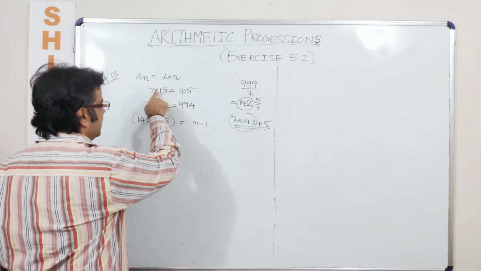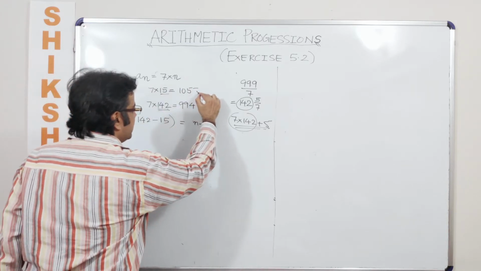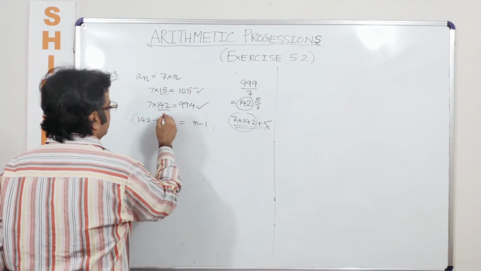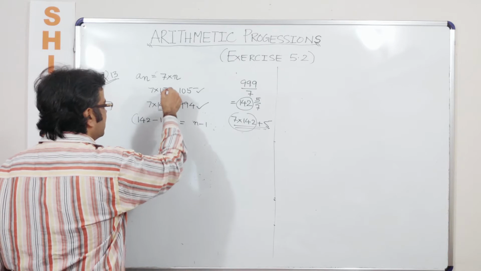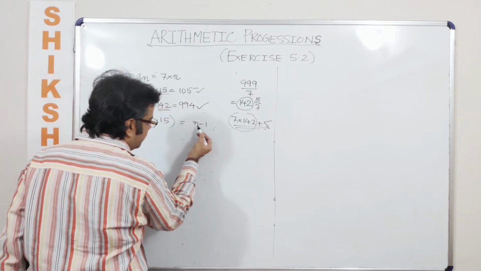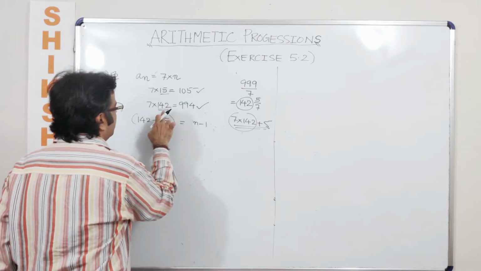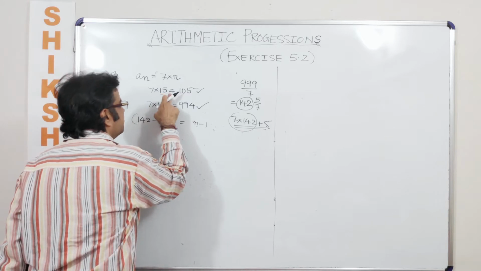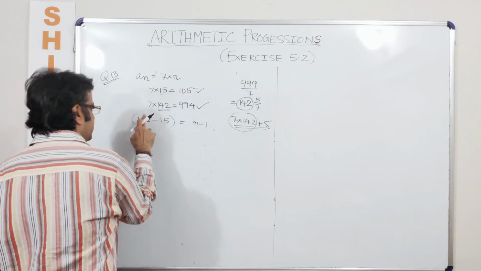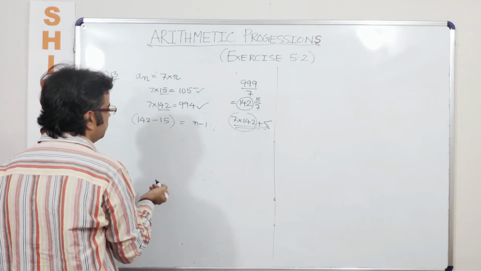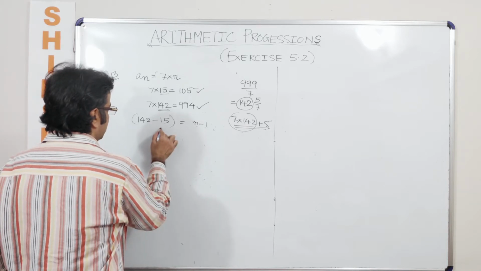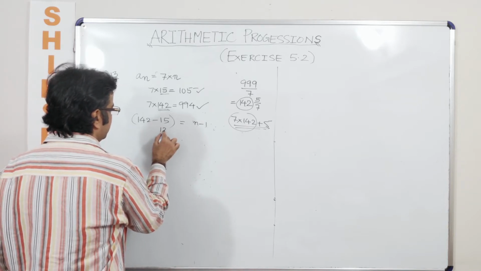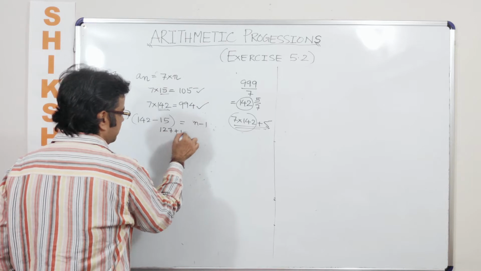You have not included it, and you are talking about all 3-digit multiples of 7, which is why you will say that this does not give you the number of multiples. It gives you the value of n minus 1, because from those n numbers you have subtracted one more multiple which needs to be included. So how much is 142 minus 15? Can I say that this is nothing but 127 plus 1